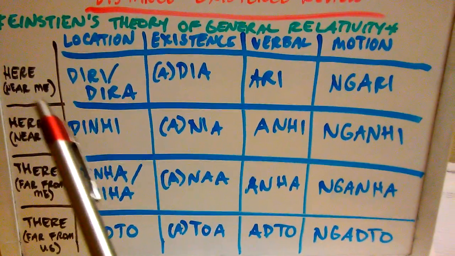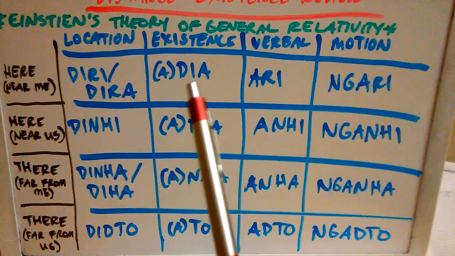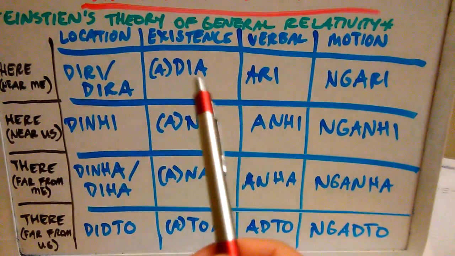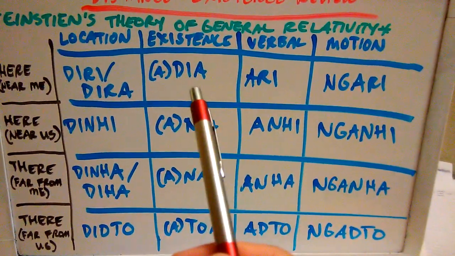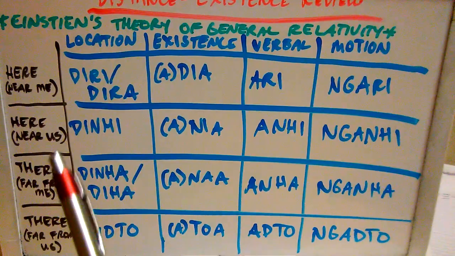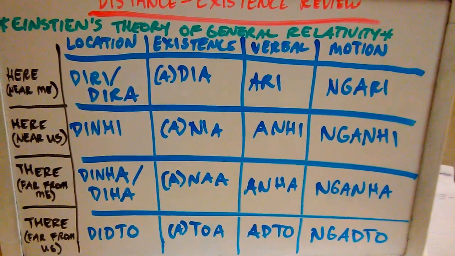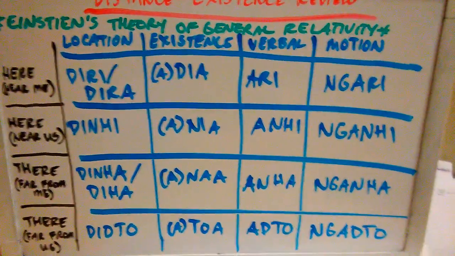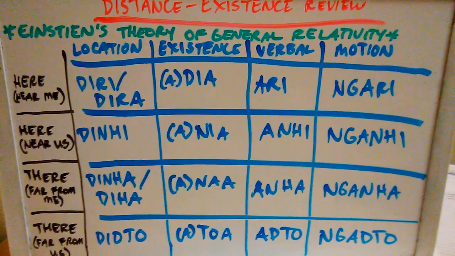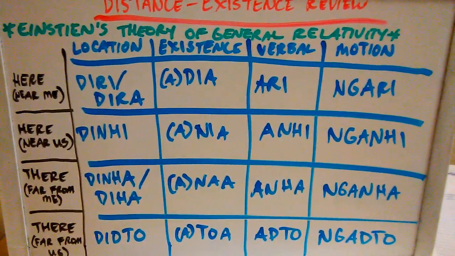In the here, don't forget the R, right? The R, that tap, R, okay? That R, ri, ra, dia, ra, right? That tap or the rolling of the R in the front indicates that it's very close to you. That's why in the pronunciation videos, I stress so much for you to get those pronunciations with the R's perfected. Don't retroflex it. You gotta roll the R's, not retroflex it.